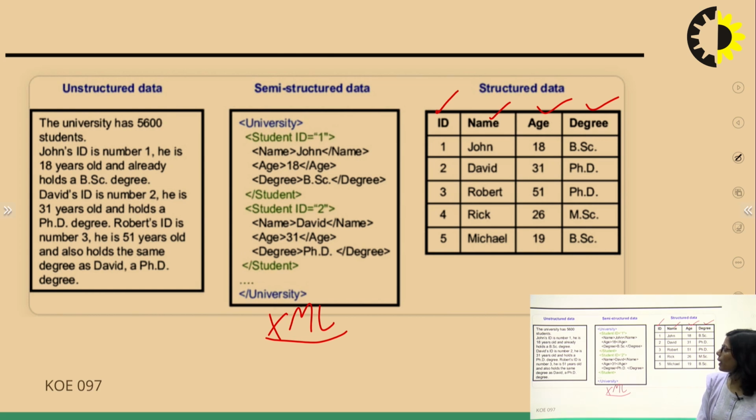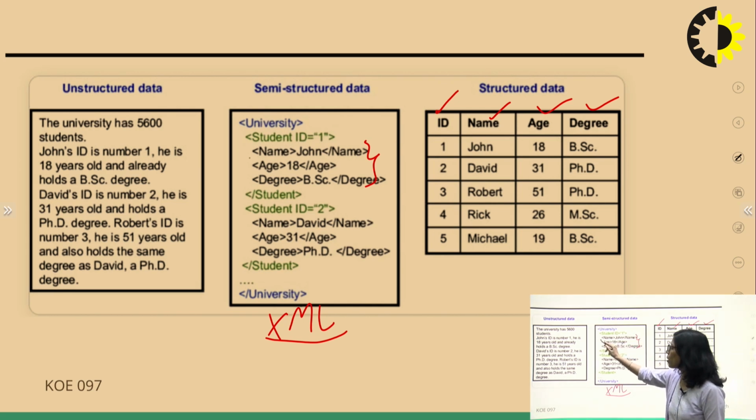In semi-structured data, the number of records is not fixed. I can change it according to my will. In ID1, I can store name, age and degree. In maybe ID2, I skip the degree. So the structure is not stringent, whereas in your structured data, we have to write every